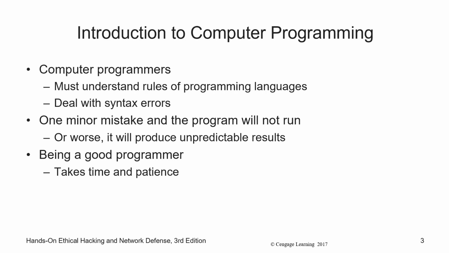It depends on the language. Right here, or worse, it will produce unpredictable results. You could have what are called race conditions in the code, where you're expecting certain processes to run either in series or parallel, and one process finishes before another, or one process interacts with another and does something unexpectedly.